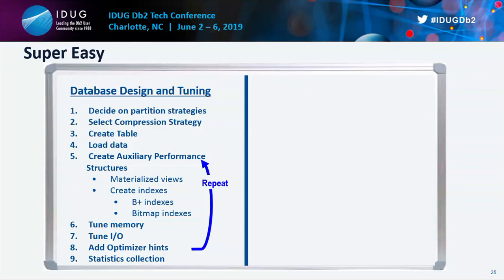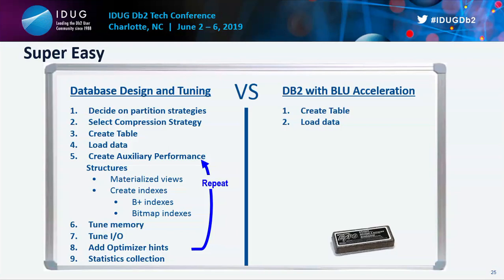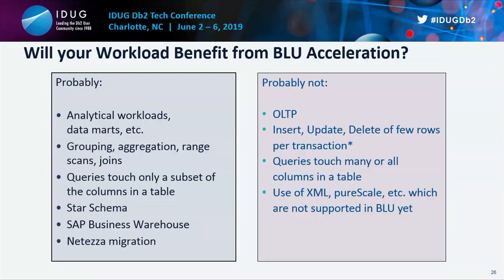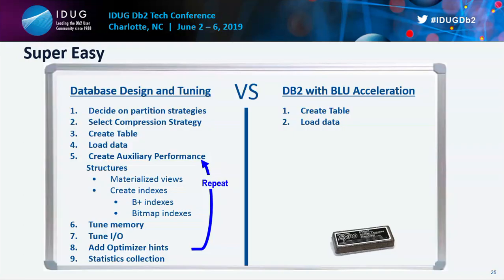Super easy. So the goal of BLU Acceleration, and I won't claim we're 100% there on everything, is essentially that you create the table and you load the data, and that can either be through ETL type stuff or, I'll call it the uppercase LOAD utility. And then you're done, right? There's a lot more automation here where RUNSTATS automatically runs, right? This is one of the reasons for things like the ML optimizer, so you don't have to worry about column group stats, the ML optimizer will take care of the cardinalities. All of that, such that you load your data, you get your synopsis, you don't worry about indexing, basically the load and go philosophy,